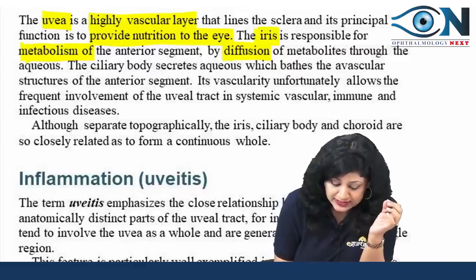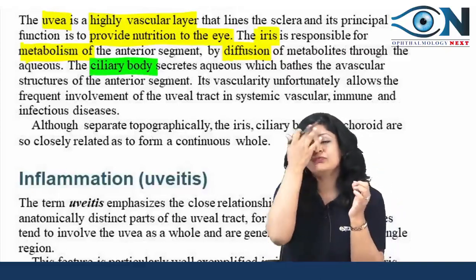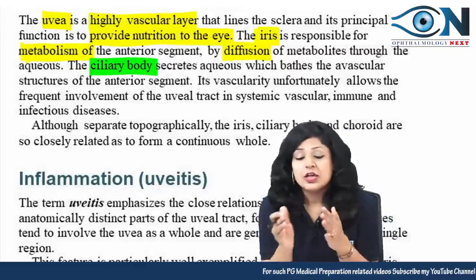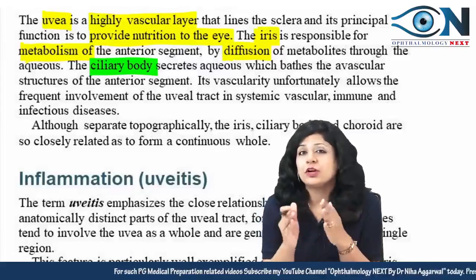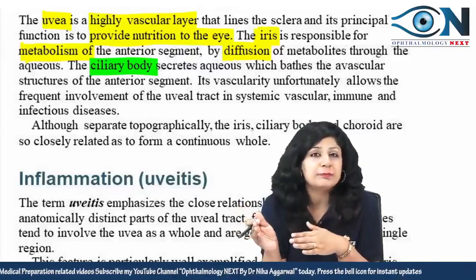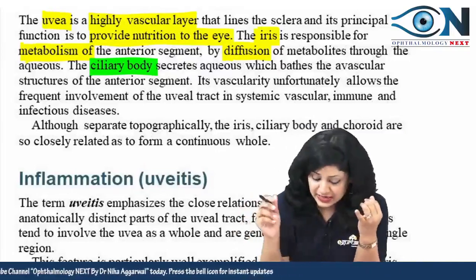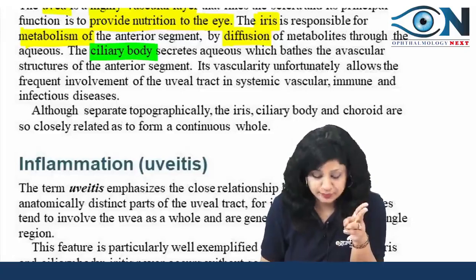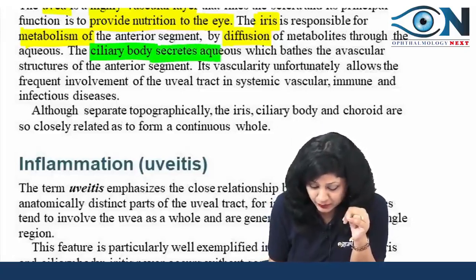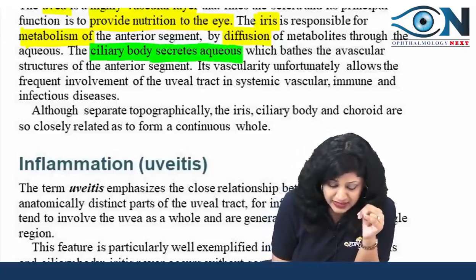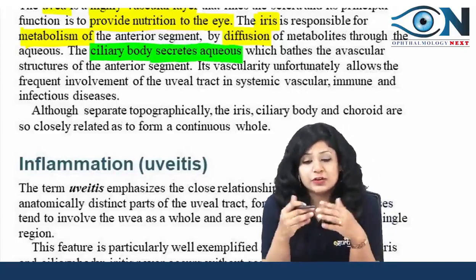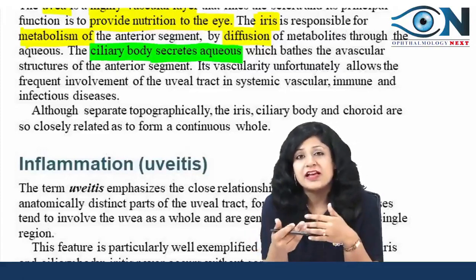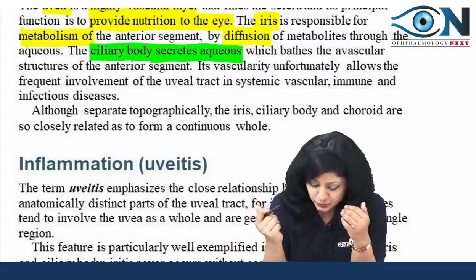Then we know the ciliary body. Now we have got three parts of the uveal tract. That is, we have iris, we have ciliary body, and we have got choroid. So one by one, let me tell you what are the different functions of the different parts. We have got the iris, and that is actually responsible for the metabolism. Then you have the ciliary body. Ciliary body is secreting the aqueous humor, and that baths the avascular structures. So we know that the structures like lens and the cornea, which are avascular, get the nutrition from this aqueous humor, and its